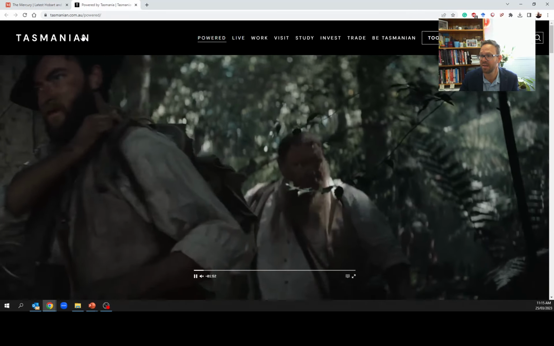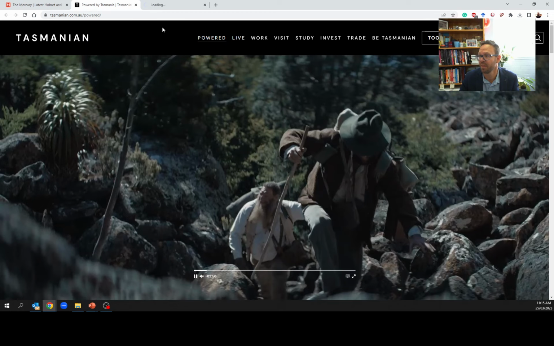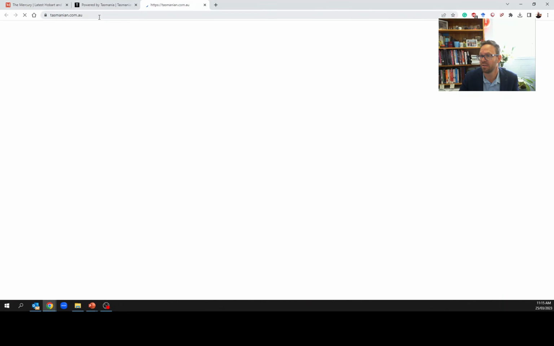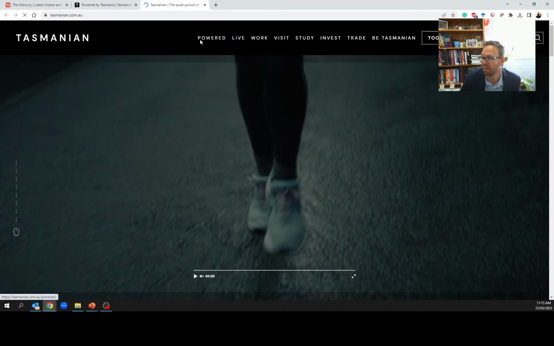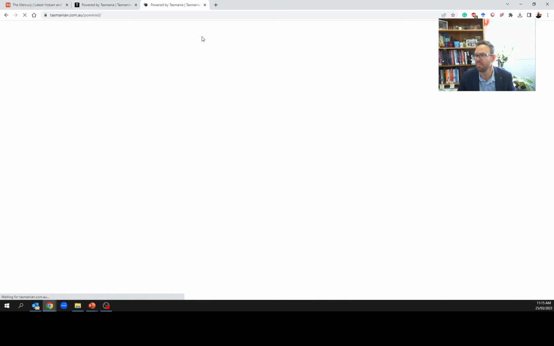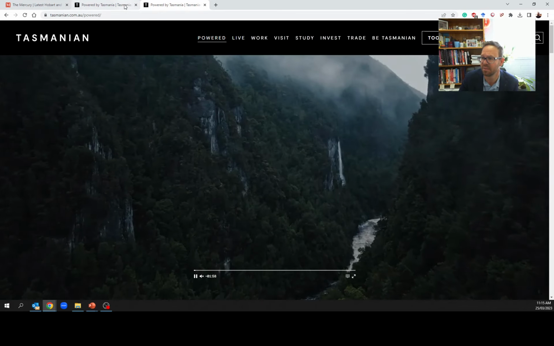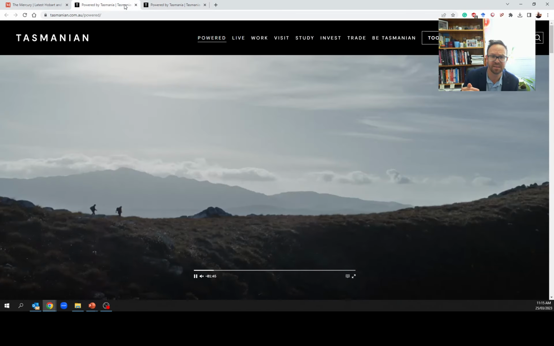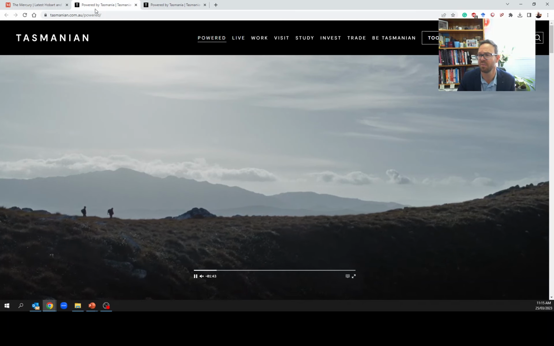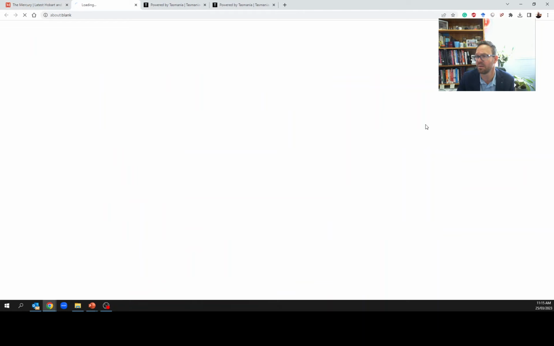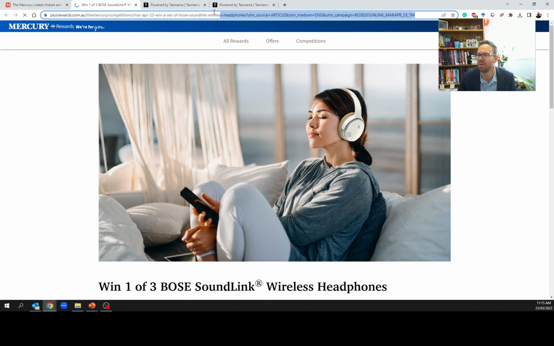So to provide an example, I'm going to open up a new tab here, and if I go to the Tasmanian.com, their main one, and if I click on Powered, it's the same landing page as this one here. Whereas if you look at more advanced digital marketing ones, sometimes when we click on, let's see if there's anything else up here. I think this one does it. So we'll click on this one. You can see this landing page has a lot of gobbledygook after it.